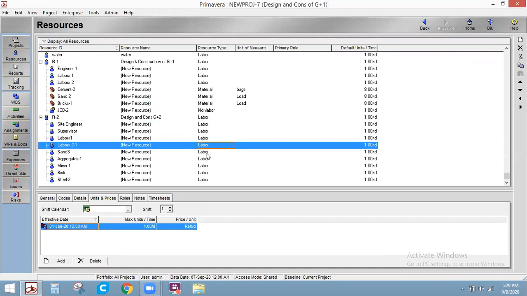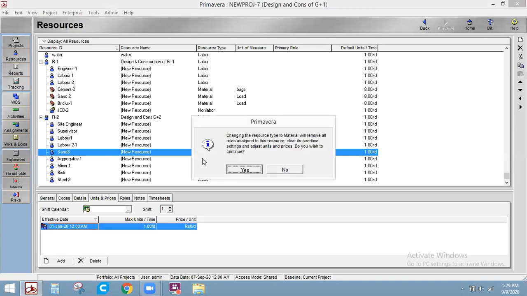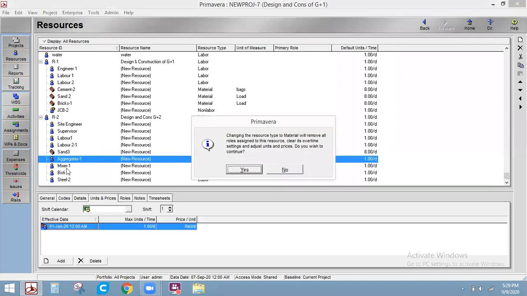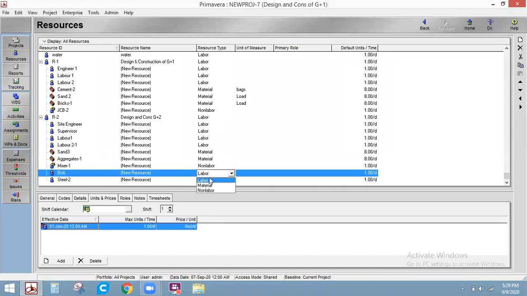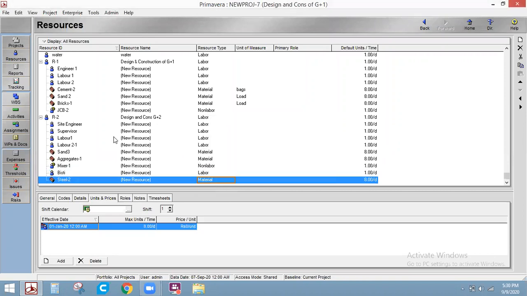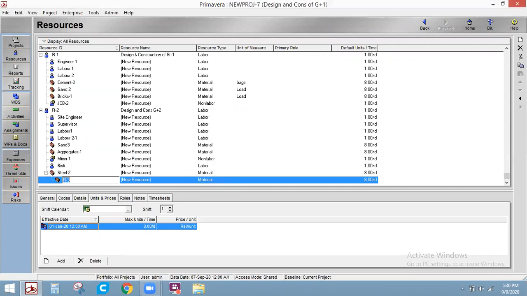Sand is for material, aggregates is for material, mixer is for non-labor, steel is for material. And I will add one more thing over here, that is JCB. Earlier projects we have JCB, it will come under non-labor, that is equipment, right?